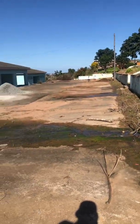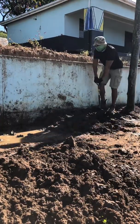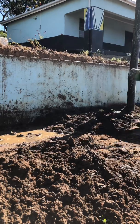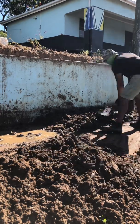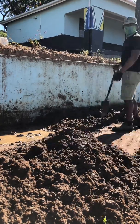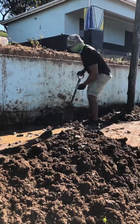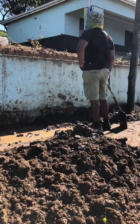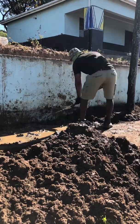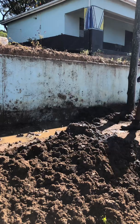So you can see the rain haven't come by for the last 2 weeks, but as you can see, it's still wet and muddy throughout the property. So here, slowly but surely, bit by bit, getting the pile cleared up, and I'm taking my time here because I don't want to injure myself, and I know that I'm not going to finish this today, but I'll keep at it and make sure that